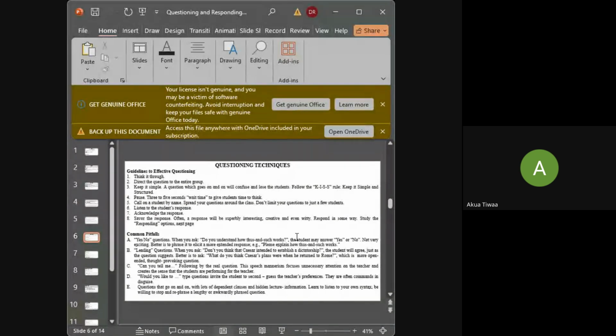So the procedural question normally happens as the teacher is teaching, as part of the classroom procedure. An example is if the teacher is teaching and then asks, does anyone have a question? This is a procedural question. The teacher is teaching and wants to know where the learners are. Have they gotten what I am teaching? Are they lost? So these are the procedural questions, or transitional inquiry, or clarification of direction.